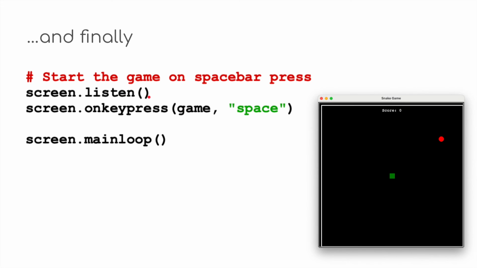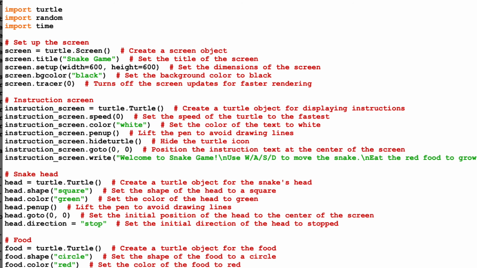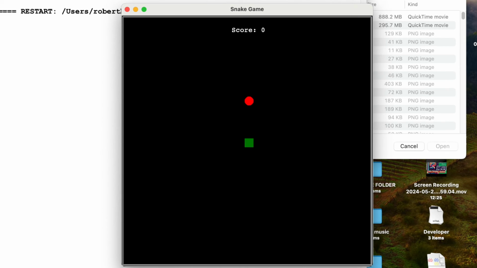Then finally, start the game on spacebar press: screen.listen, screen.onkeypress, game, space, and then we open up the screen, the main loop, the main program. So I'm going to go back into Python and show you a little bit more about this, and then I'll give you all the screenshots so you can have a really good look through and see how you would build this game. What I was talking about, if I run this module now, get ready, on the spacebar, W key to move up,